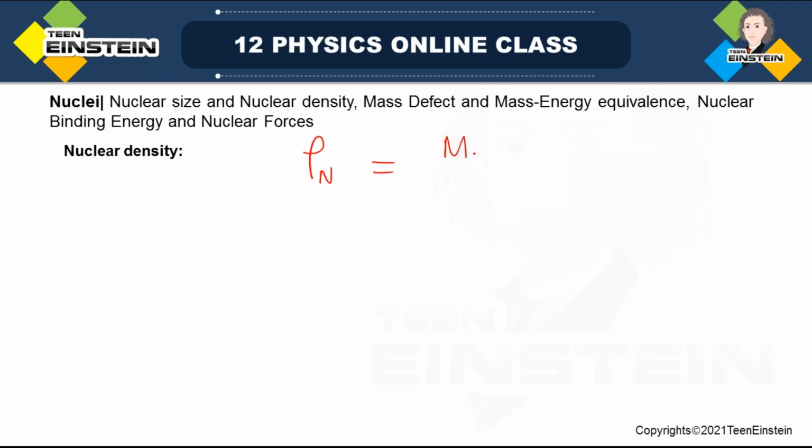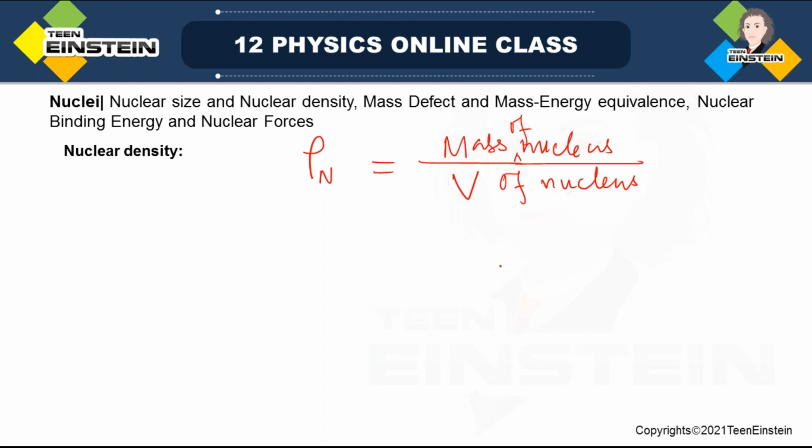So density is actually mass over volume. So suppose this is the mass of the nucleus, and suppose this is the volume of the nucleus. Okay, so in this case, look,